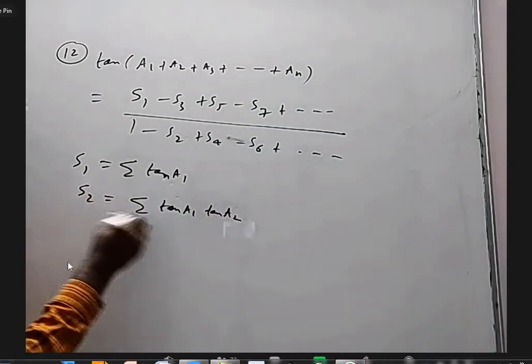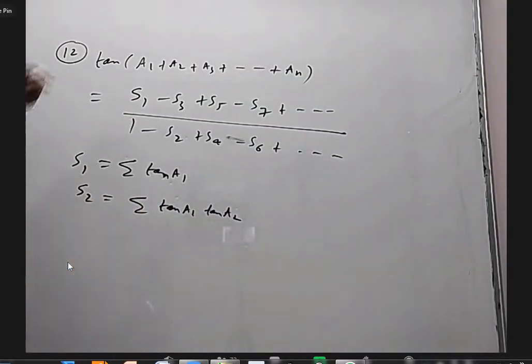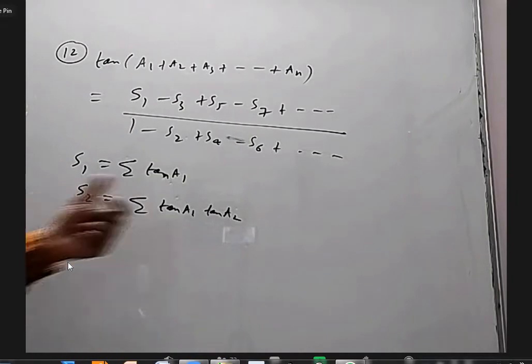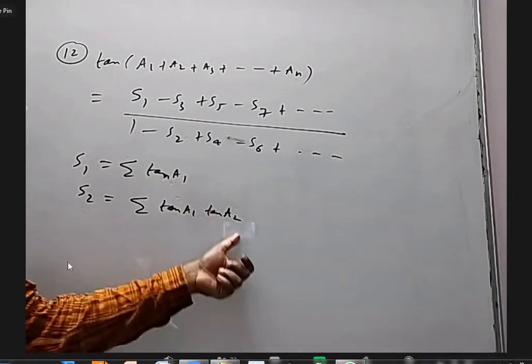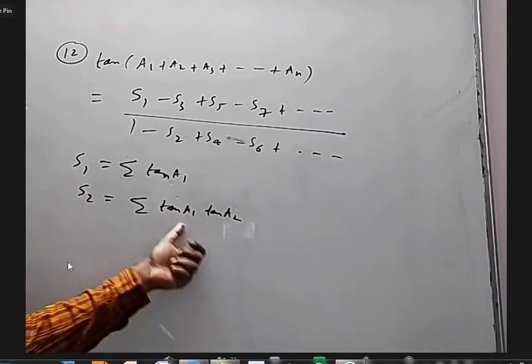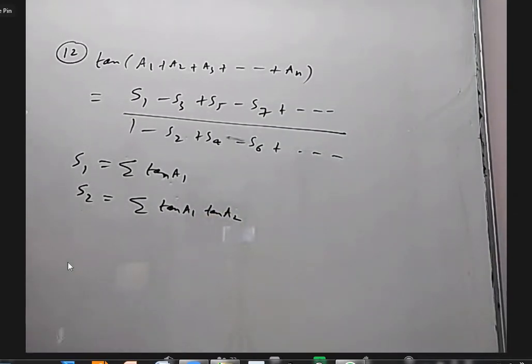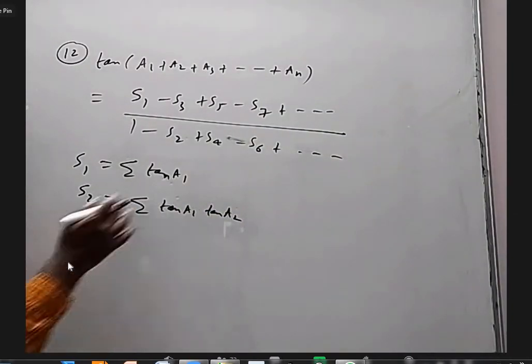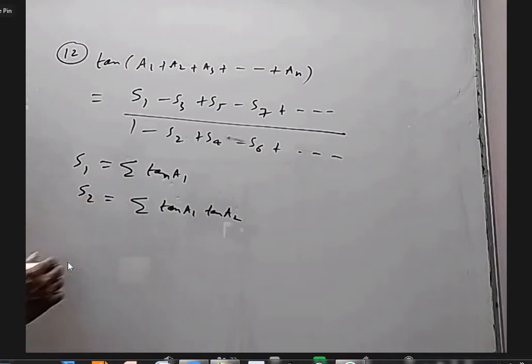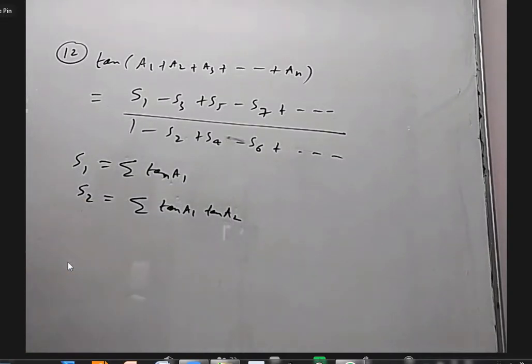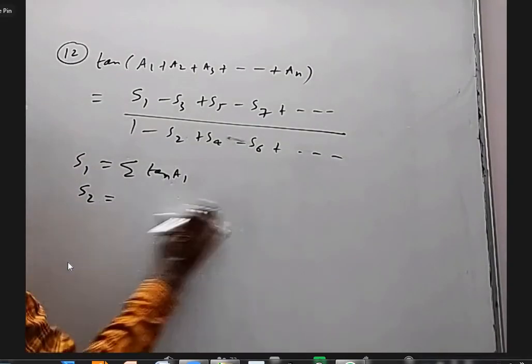Sometimes we may even write double sigma. No problem. All kinds of two things: tan A1 A2 plus tan A1 A3 plus tan A1 A4, tan A2 A3, all kinds of things. You have to understand that I'm not writing in detail. Sir, sometimes you said that you can use a double sigma. So when should we use it, sir? I can even write like this if you want.